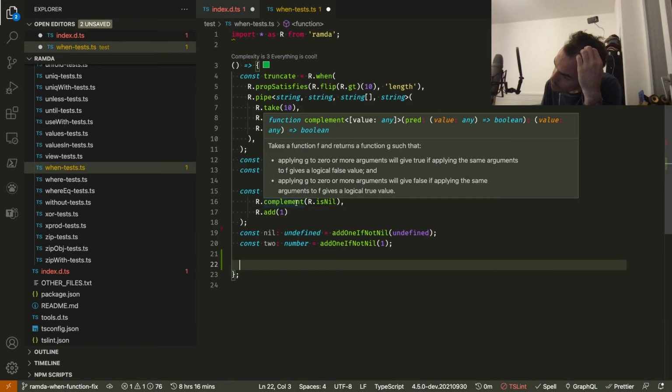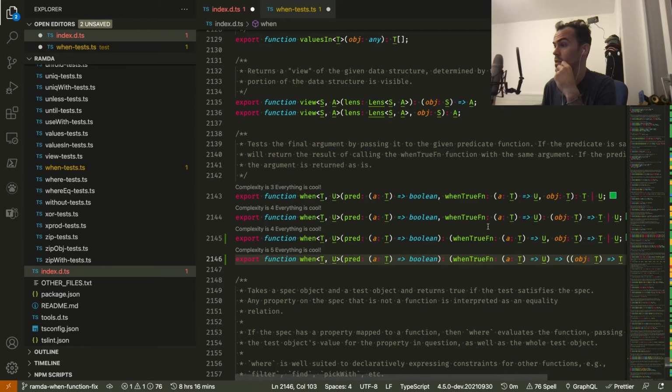So basically what I could do is try and find another Ramda function that has these types. Stream is not fun when Dev is very quiet and thinking.